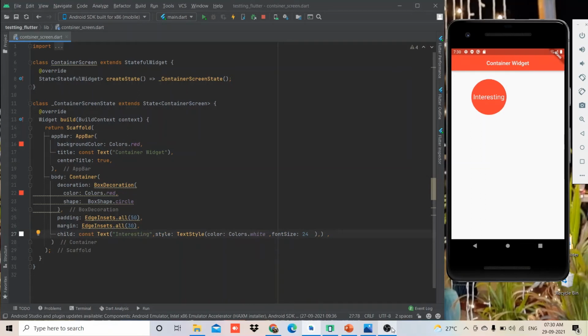Also, we have the alignment property. It aligns the child within the container. So let's see.